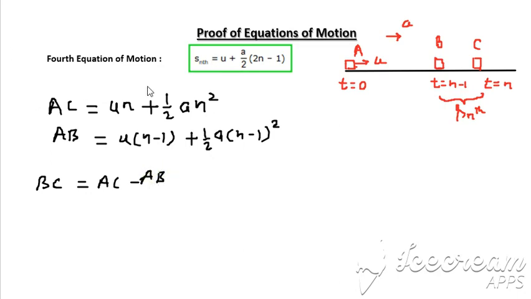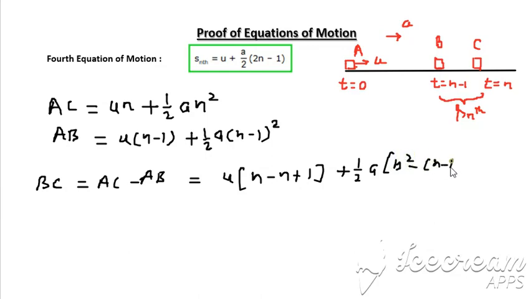If we subtract these two equations, you'll find it's going to be equal to u inside a bracket n minus n plus 1, plus half a into n square minus n minus 1 square. If we simplify this, s nth is going to be equal to u plus a by 2 in bracket 2